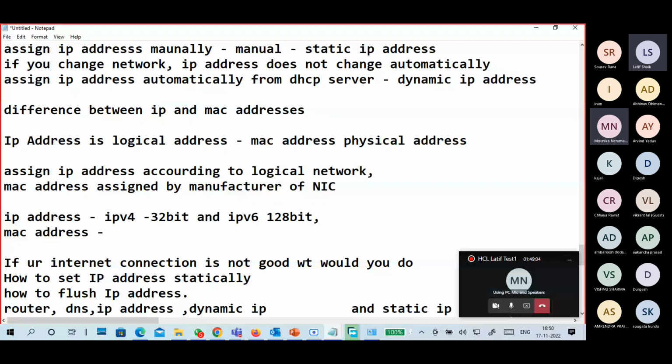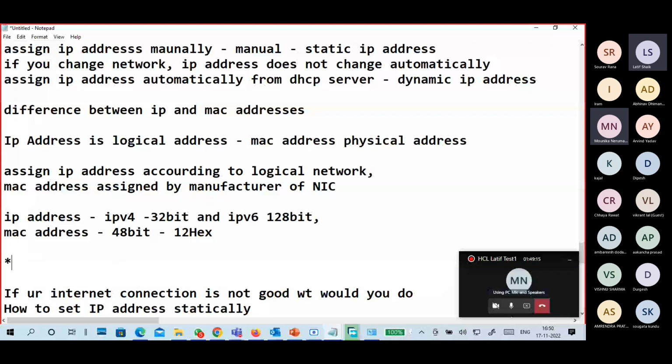Not 8-bit array, 12 hexadecimal. Very good. So all communication is done by IP address only.